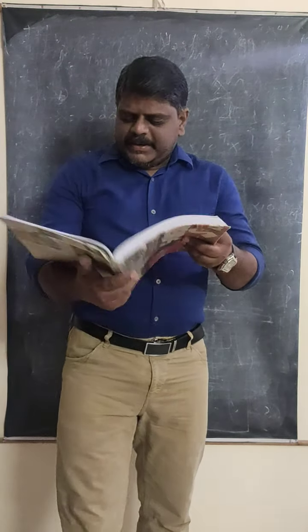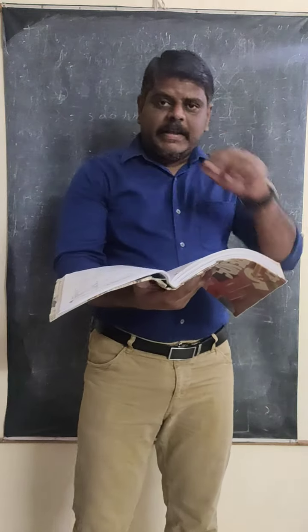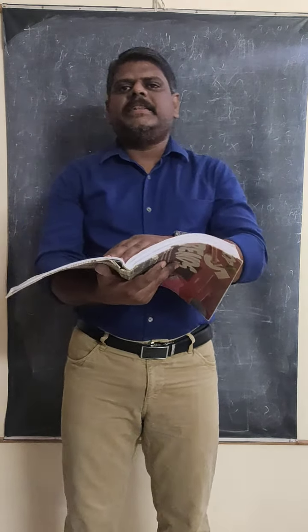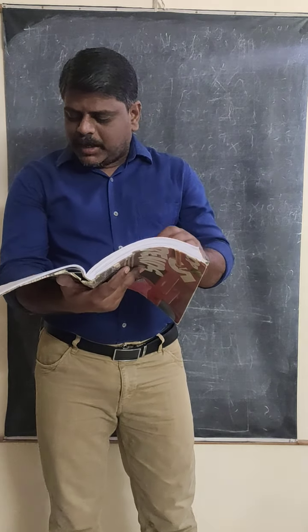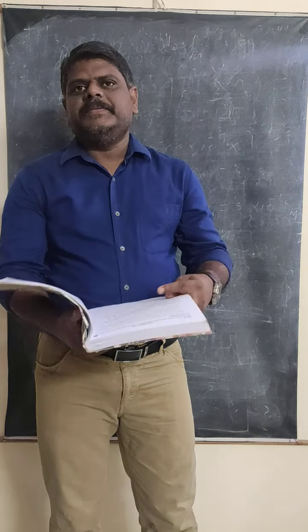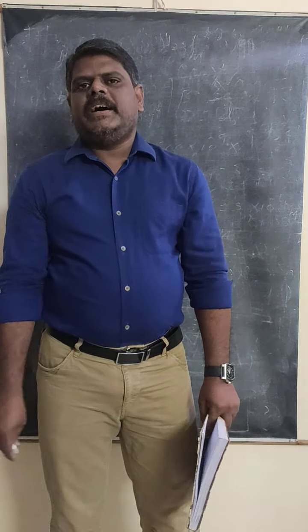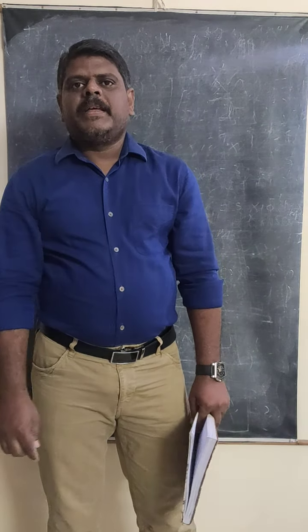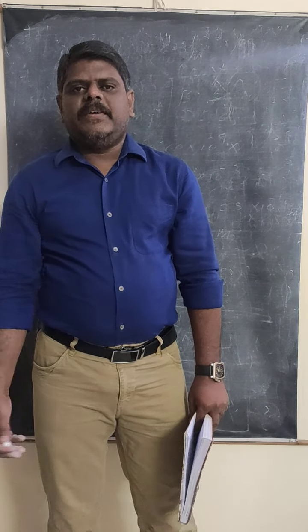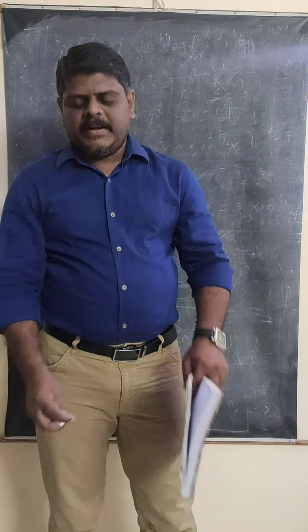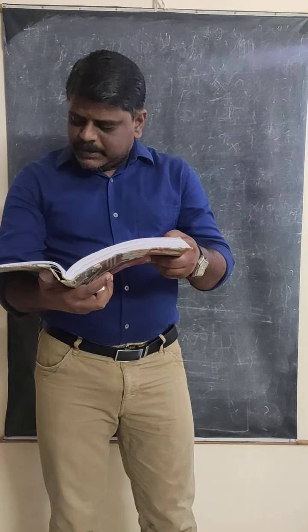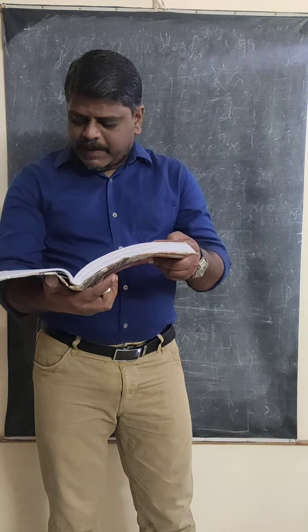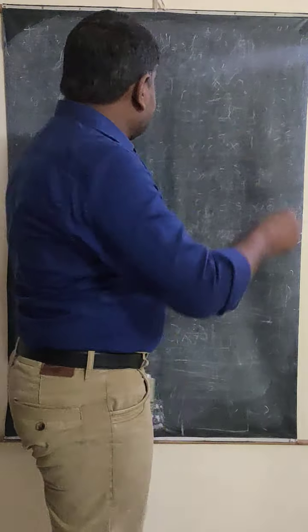Hello students, welcome back. In the problem, the wavelength is given to you and it is asking to find out the path difference and the phase difference for the third dark band and the fifth bright band. So let us first find out the phase differences. When you are going to find out the phase difference, what is the formula of phase difference? The phase difference is equal to 2n pi. The problem is asking for the phase difference for the third dark band and the fifth bright band, so let us write it down here.